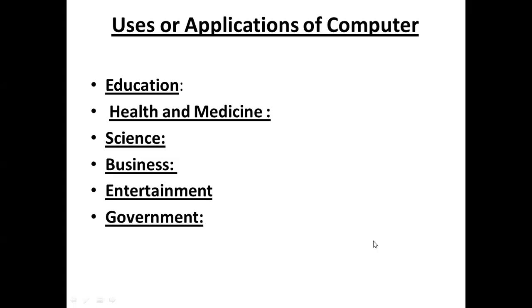We can publish, or we can do the advertisement of our business on the internet, on Google. So it means computer is also useful in business. Entertainment means computer is also very useful in entertainment. We can see the movies over there. We can listen to music, or we can do anything regarding the internet. We can do anything regarding entertainment on computers. So computer is also useful in entertainment.